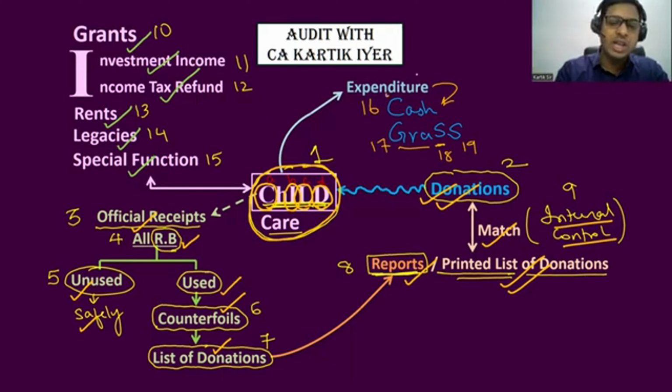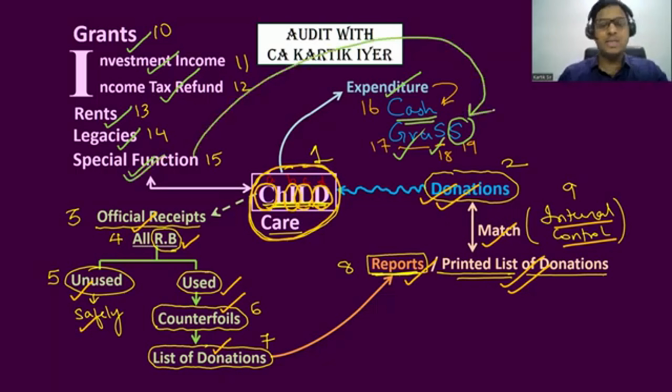Sir, expenditure क्या क्या हो सकता है यहाँ पे? For that we see cash grants. Sir, पहले तो we'll check the cash and bank balance. We'll check the grants given. We'll check the securities in which we have invested. And finally, the last S is, सर ये जो स्पेशल फंक्शन के लिए जो पैसा मिला ना, whether that money is used for that special purpose. So जो पैसा मिला था वो ये है, इनवर्ड ये है, आउटफ्लो ये है. So whether that money is used for that special purpose. Clear एकदम ये, ठीक है? That completes your audit of charitable institutions.